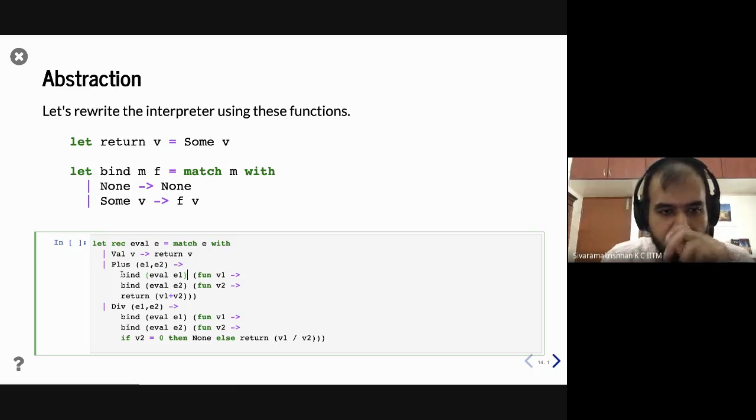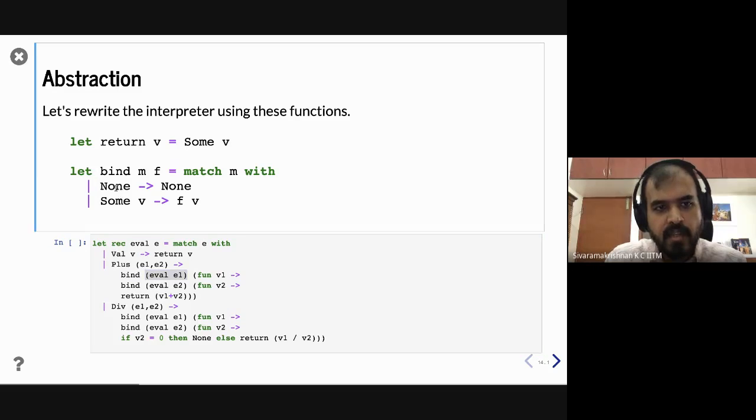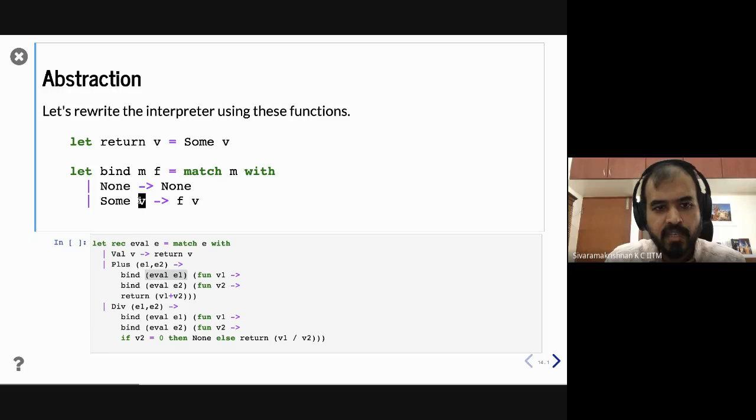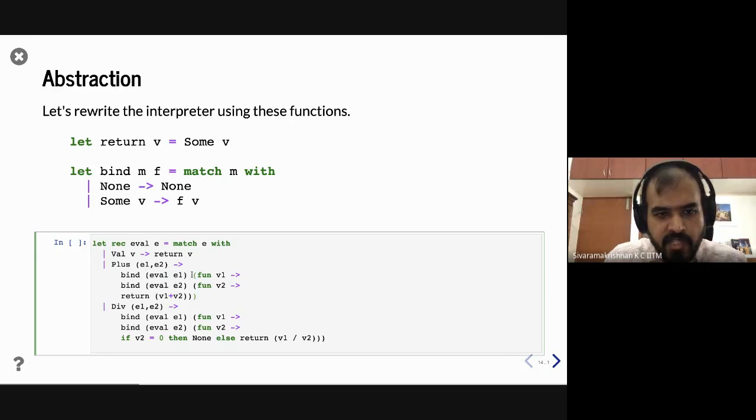And that is precisely what we have here. For bind, we say evaluate e1, right? Go ahead and evaluate e1, and we apply bind to it. The semantics is that if evaluating e1 returns none, then we are going to return none. If evaluating e1 returns some value v, then we are going to take this function,